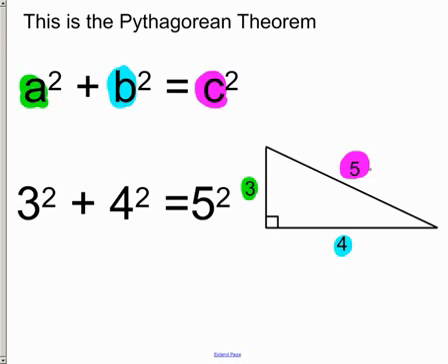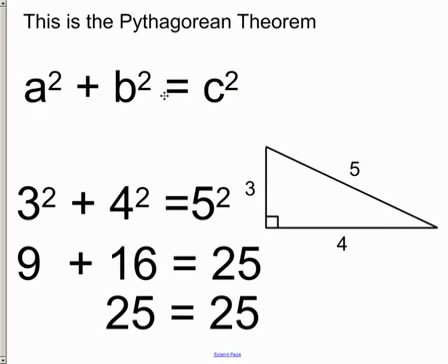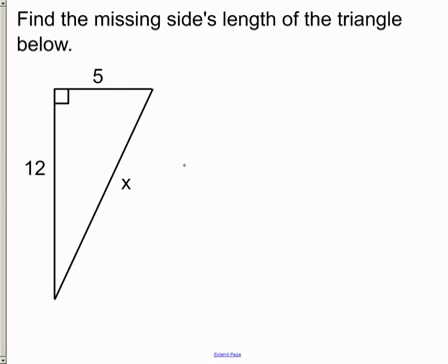Now let's see if this makes a true statement. It does. 25 does equal 25. And so this is the relationship that we find in every single right triangle. We can take the legs and hypotenuse and plug them into this formula, A squared plus B squared equals C squared, and it will always make a true statement. This isn't that useful to us right now, but let's stop and think about what we would do trying to find the missing